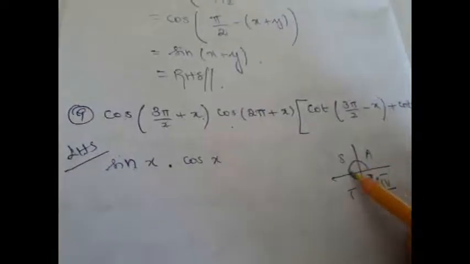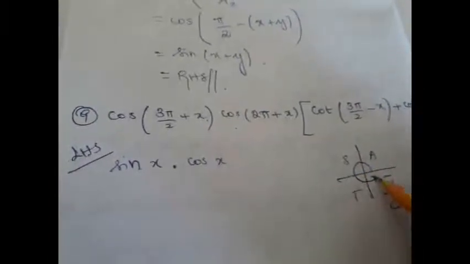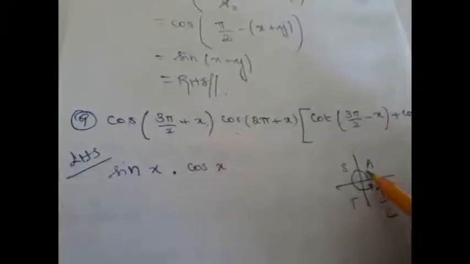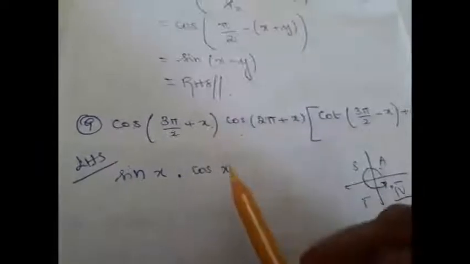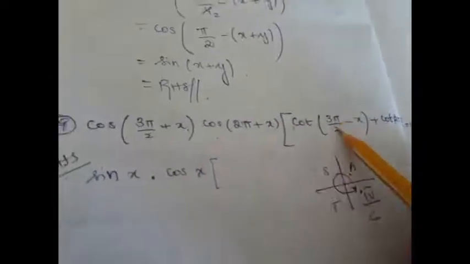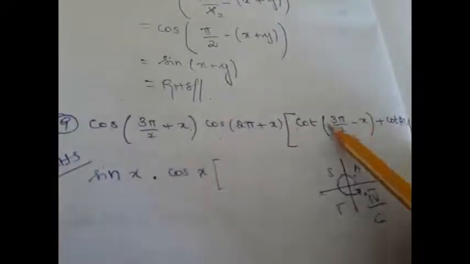But again check for the sign. When it comes to 2 pi, it means the complete angle plus x. So it comes to the first quadrant. In the first quadrant all are positive. Therefore cos will become positive. So sin x into cos x. Again cot of 3 pi by 2 minus x, again in multiple of pi by